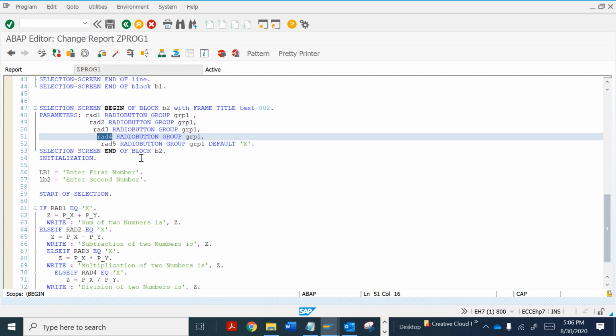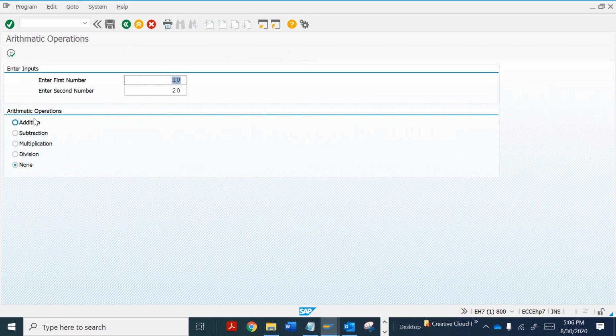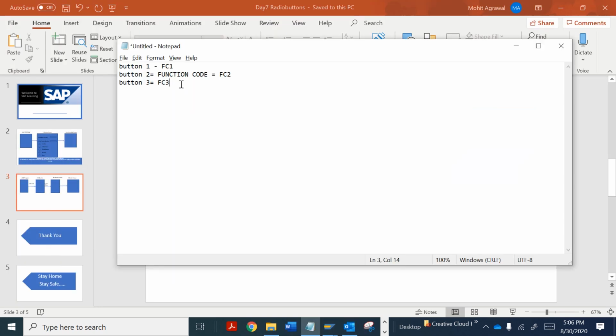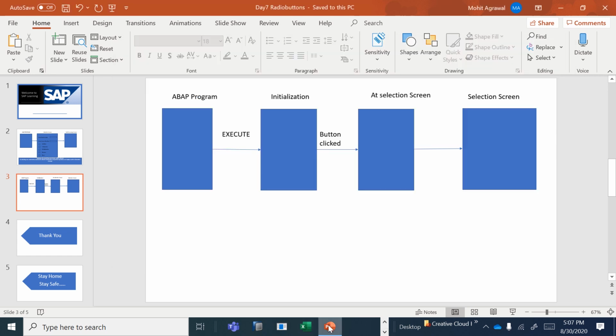Same as that, for all the buttons we have a function code. To perform this, we have an event also, which is AT SELECTION-SCREEN. When we click this button, this event is triggered.